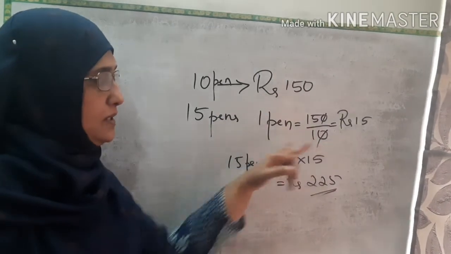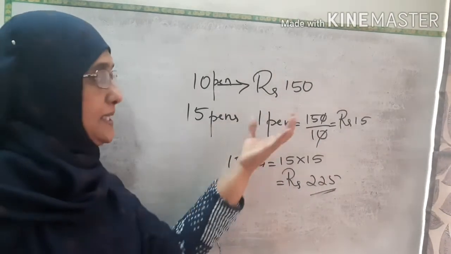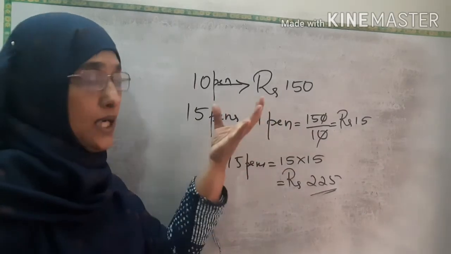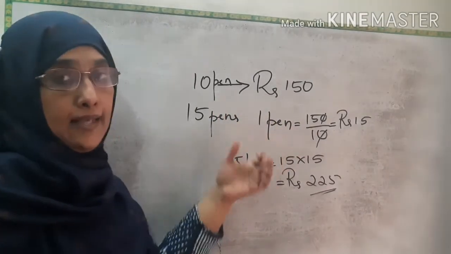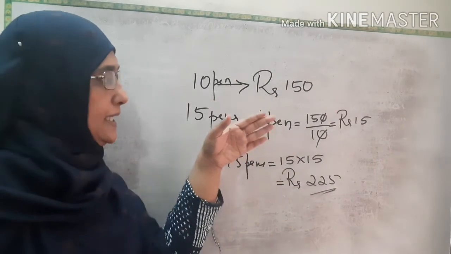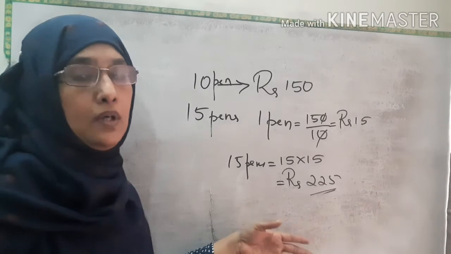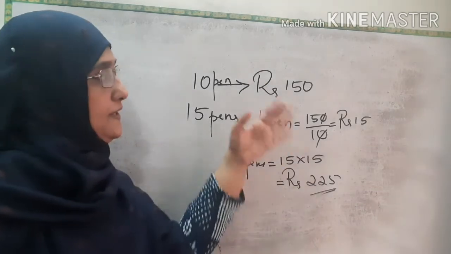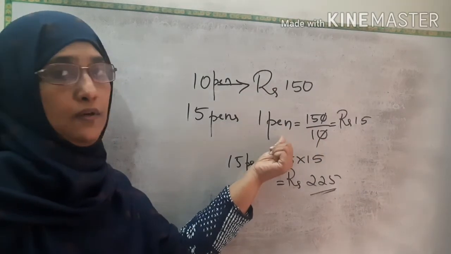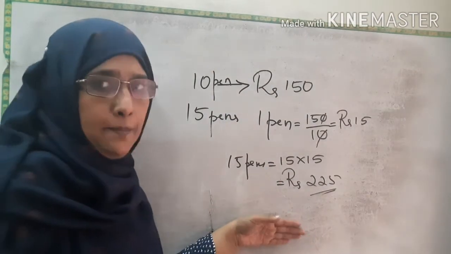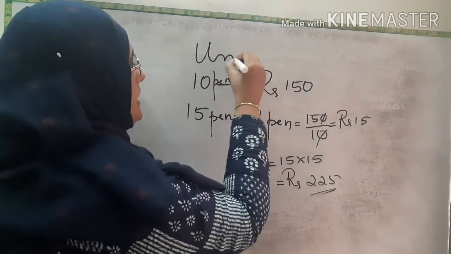When for 10 pens it is 150 rupees, we find for 1 pen. Then from that cost we find for the 15 pens. This method is known as the unitary method. We find the amount or whatever it is for one portion and then multiply that. If directly it is given for 1 pen 15 rupees, what is the cost of 10 pens? You just multiply. Here the first portion you divide and find the cost of 1, and after that you multiply that. This is the unitary method.